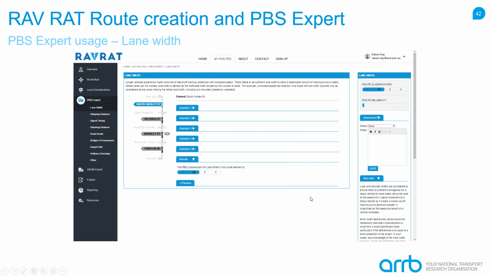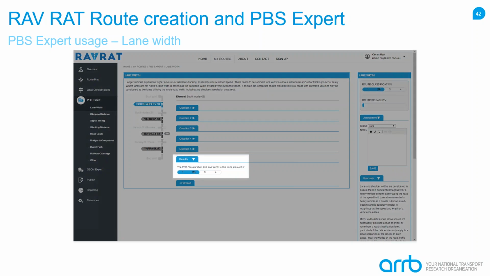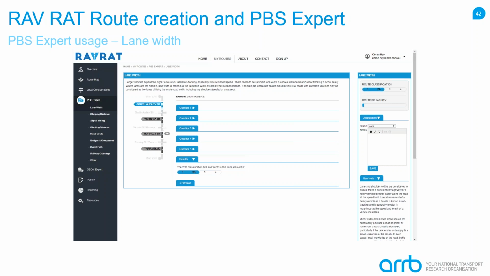So once we've finished that assessment, RAV RAT will basically compare what we've said against the guidelines to work out what the highest level of PBS classification is for that route element. As we can see here, RAV RAT has determined from our inputs that the appropriate level is PBS level 2B. This can then be used to determine which vehicles can access the route, as shown in that table